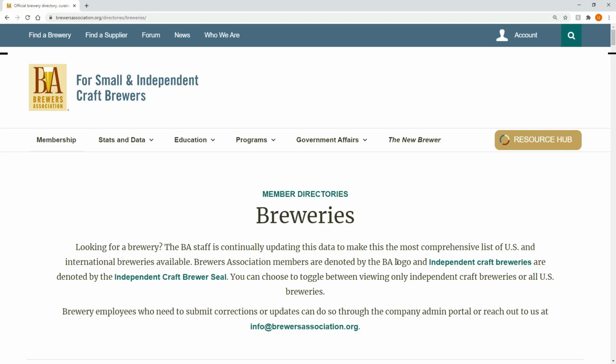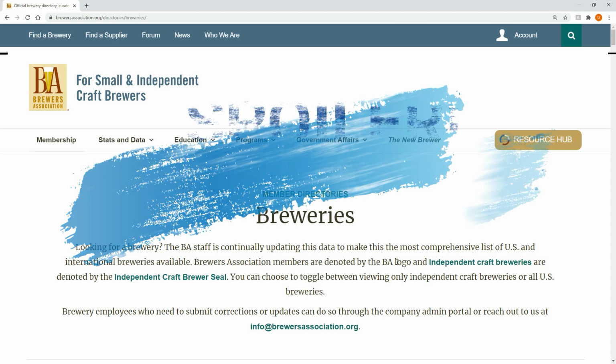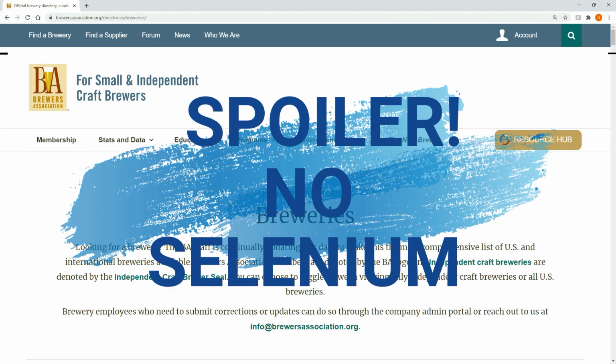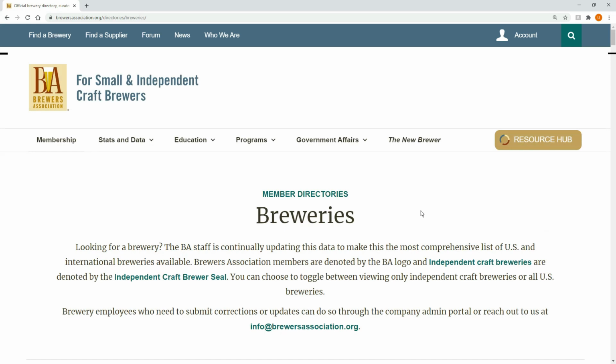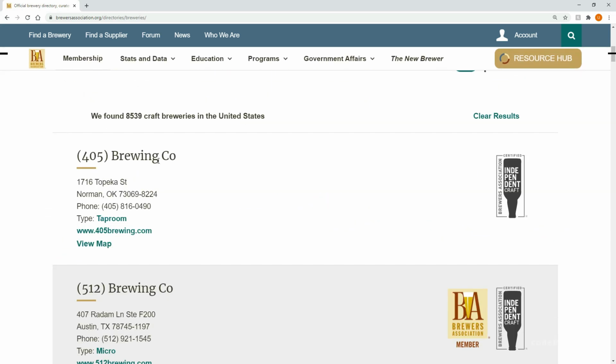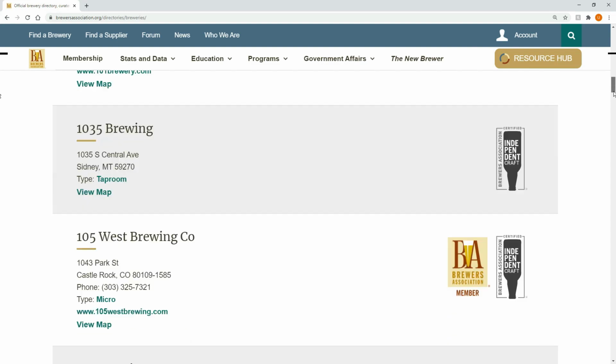So here is another example of a dynamic website. What we are going to do is have a look at this site, how it is structured, where this data is coming from, and whether we really need to use Selenium or any kind of rendering. If you look at this site, it's a directory which has a lot of members, and if we go down,